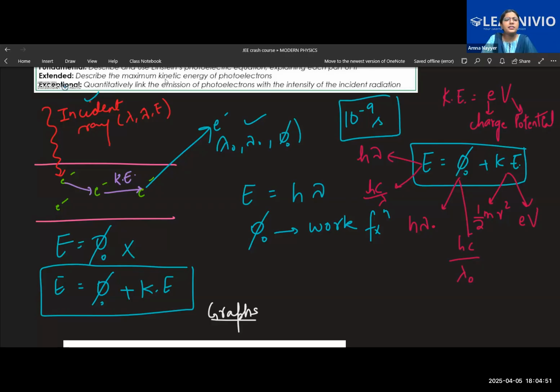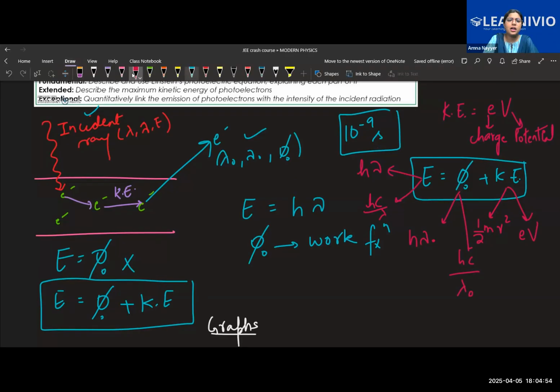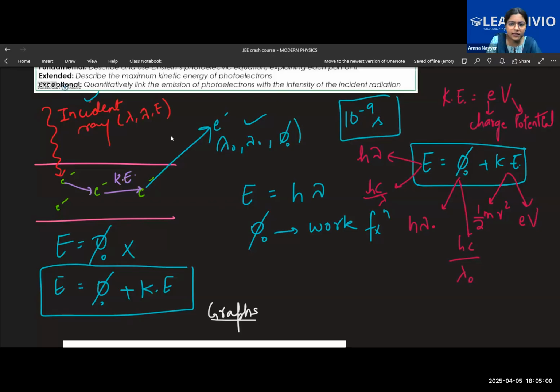This will be 0. For example, let's say the question gives the incident energy's frequency. So we can use h nu, and let's say the threshold frequency is given, so for work function we can use this. And let's say velocity is given, or voltage is given, so we can use this. Out of it, whatever is given, you keep on making the equations, and whatever unknown quantity is there, you can apply this. You can make a combination like hc by lambda plus h nu naught is equal to half mv squared.